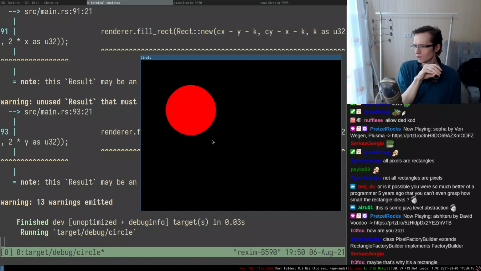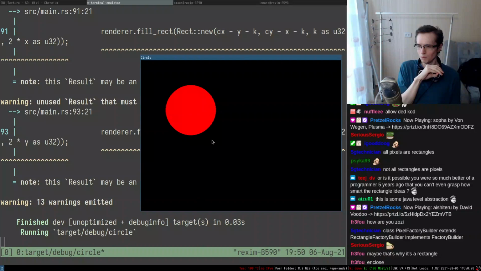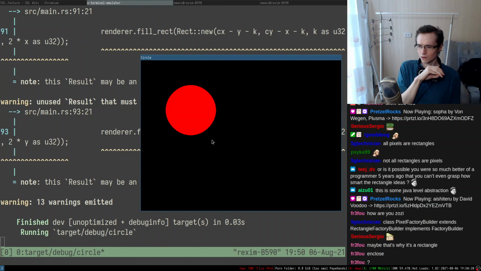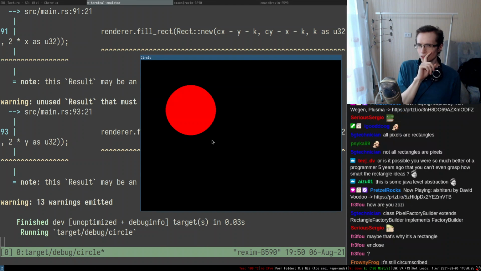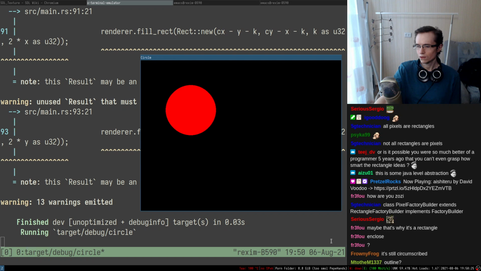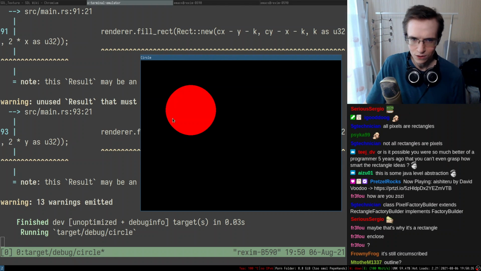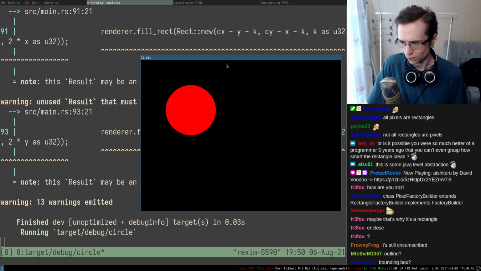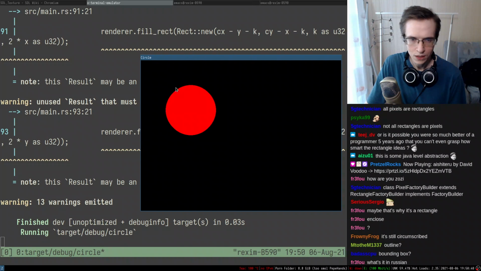I know the term in Russian, but I don't know the term in English because I studied math in Russian. Circumscribe. Gotcha. Okay, so yeah, basically you can take the rectangle that encloses this thing and